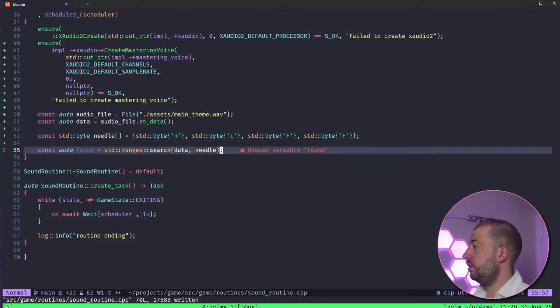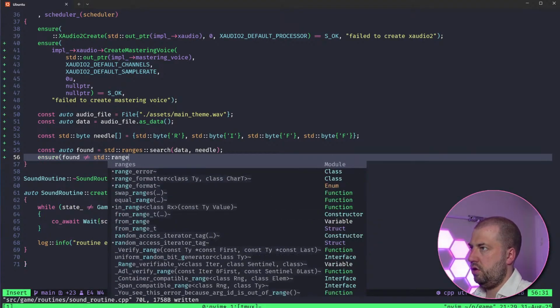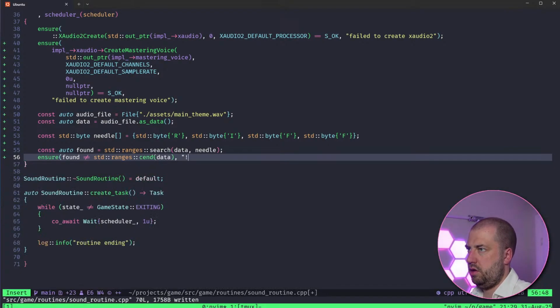Because you might be right, but I'm just going off the semi-excellent guide I've been given. So ensure that found doesn't equal std::ranges::cend data, otherwise could not find RIFF chunk.